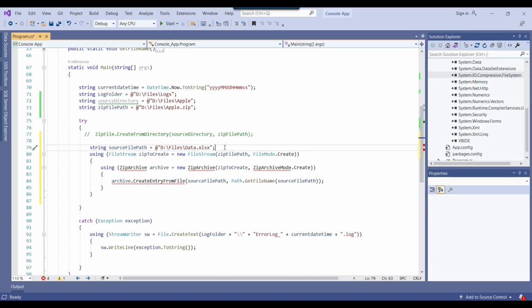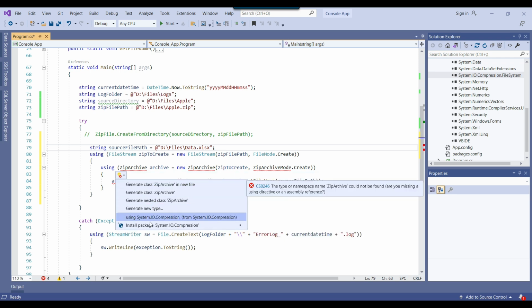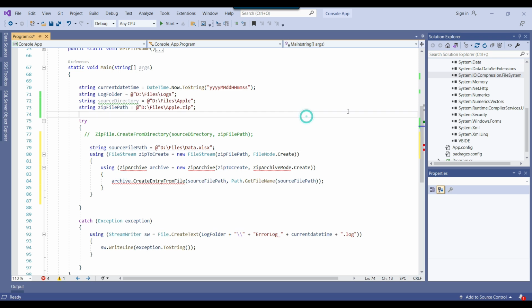Okay, and for zipping the file it needs the ZipArchive class, and if you click on show potential fixes, this time it needs the System.IO.Compression reference. So earlier we had added System.IO.Compression.FileSystem.